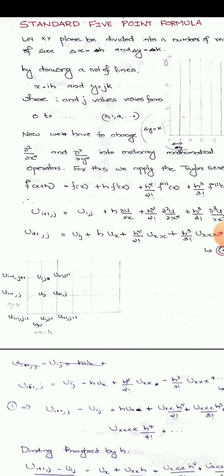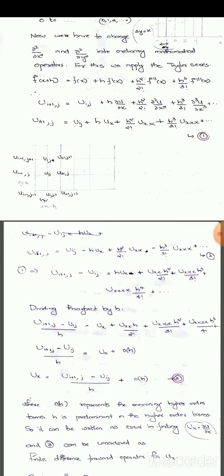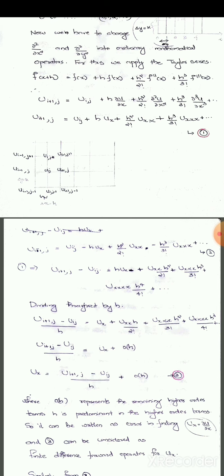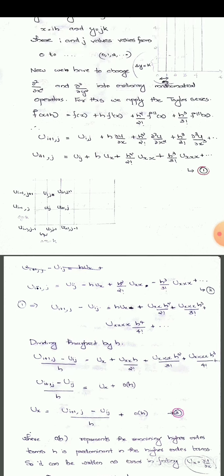Now we have to change ∂²/∂x² and ∂²/∂y² into ordinary operators by the finite difference approximation method. In order to do that, we apply the Taylor series expansion. The Taylor series expansion of u(i+1, j) is given, and we put it as equation number 1. Similarly, u(i-1, j) is also Taylor series expanded, as equation number 2. Equation number 1 can be rearranged as follows, and by dividing throughout by h, we get equation number 3,